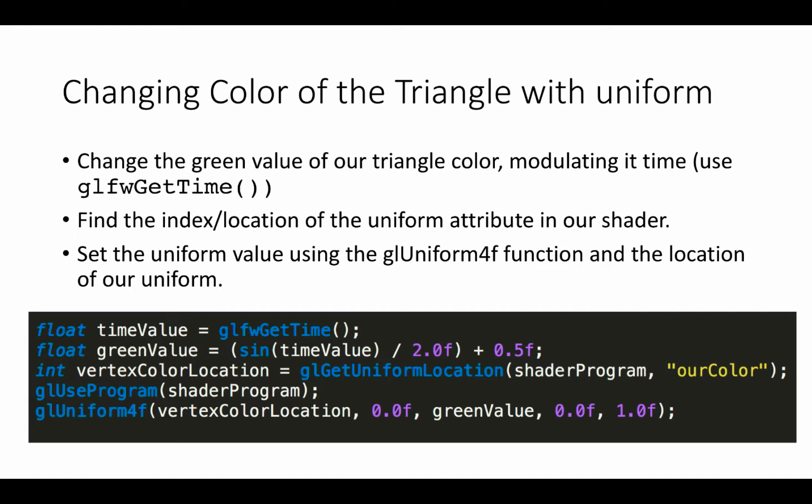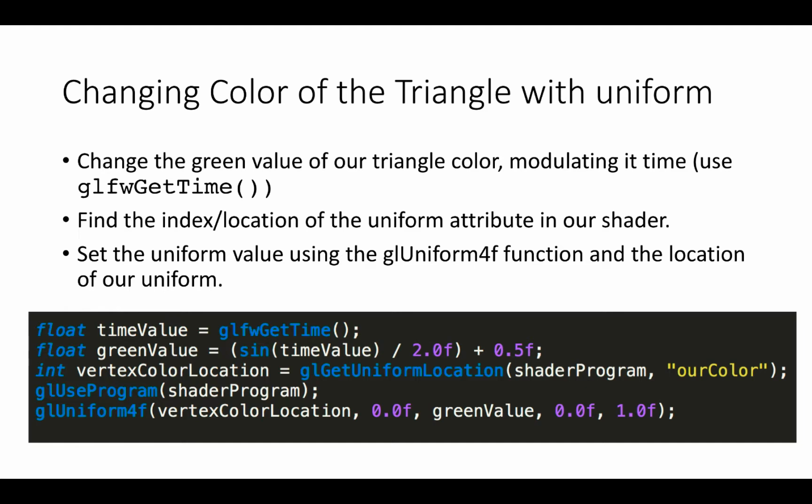in a green value. Then I query for the location of the uniform called ourColor using glGetUniformLocation. I supply the shader program and the name of the uniform to the query function. If glGetUniformLocation returns -1, it means that it cannot find the location. Lastly, I can set the uniform value using the